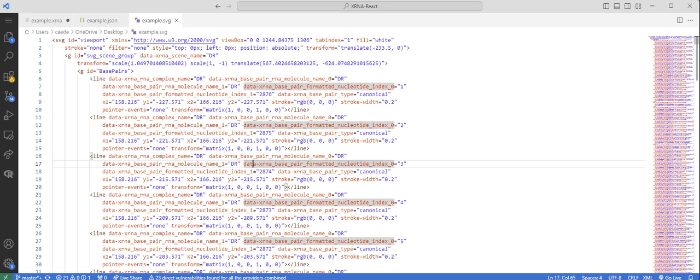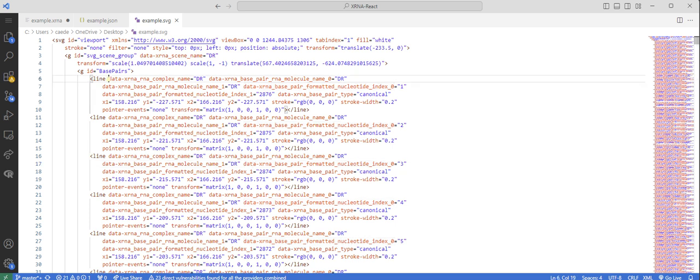SVG files produced by XRNA React include additional information to explicitly describe elements. In contrast, SVG files which weren't produced by XRNA React should be used with caution. We cannot guarantee that they will be imported into XRNA fully or correctly. This is due to the implicit nature of base pairs depicted by images,